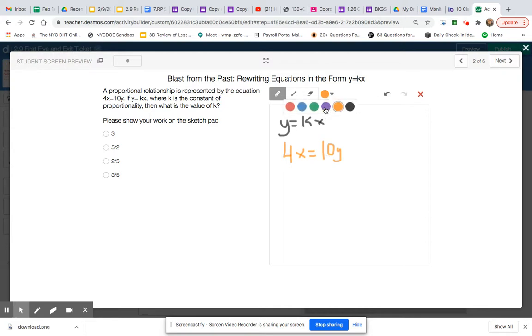So I want to get rid of that 10, but I can't just get rid of it. I have to divide both sides of my equation by 10, because dividing by 10 is the inverse or opposite operation of multiplying by 10. So when I do that, I'm able to cancel out these 10s. But whatever I do to one side, I have to do to the other. So now I'm left with 4 over 10 x